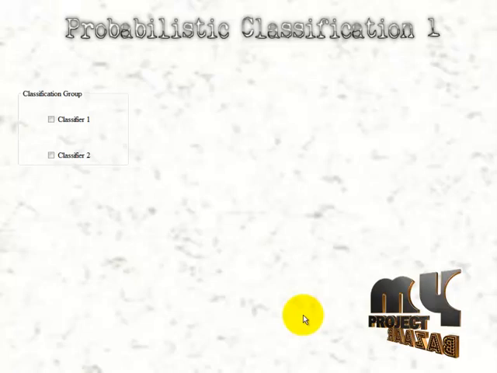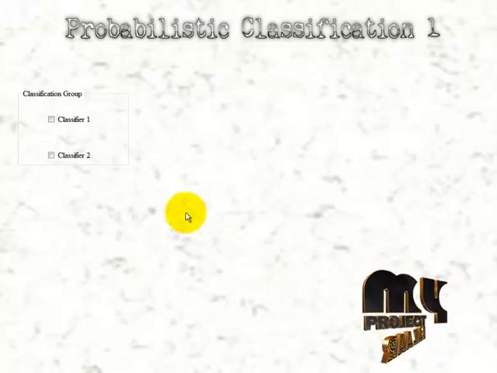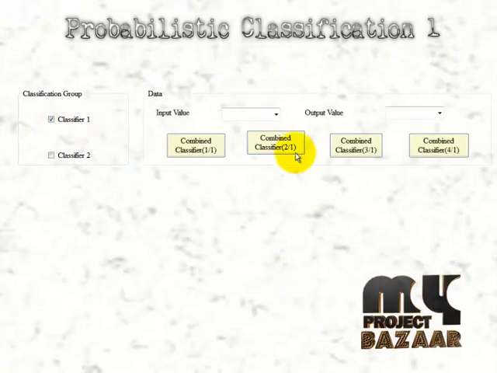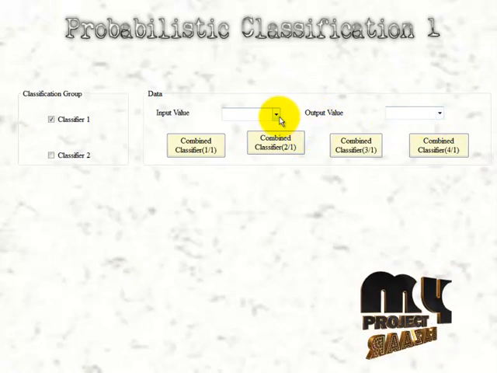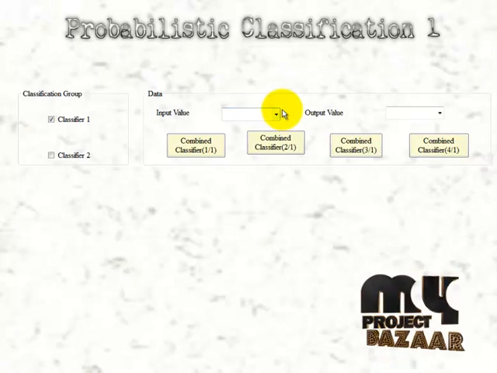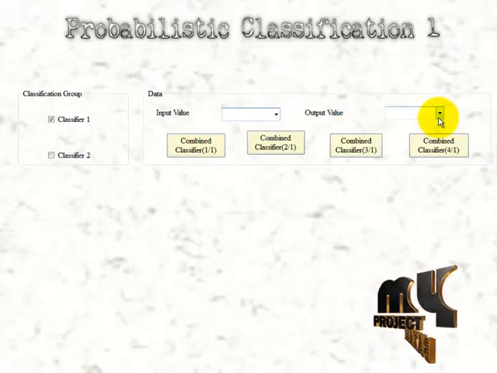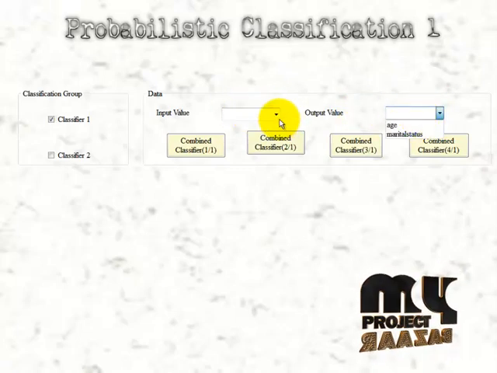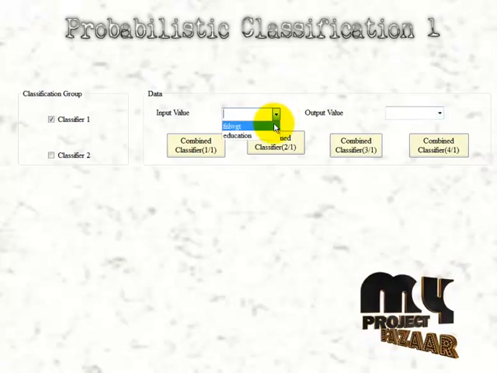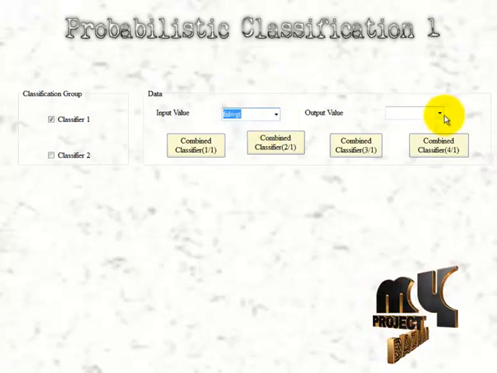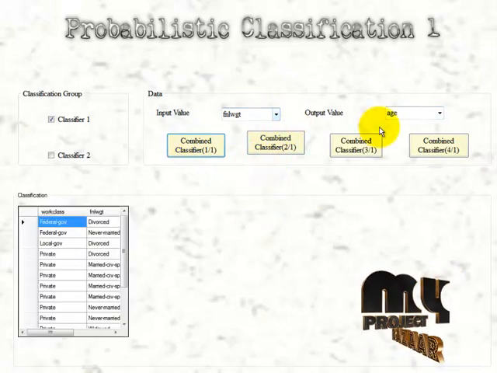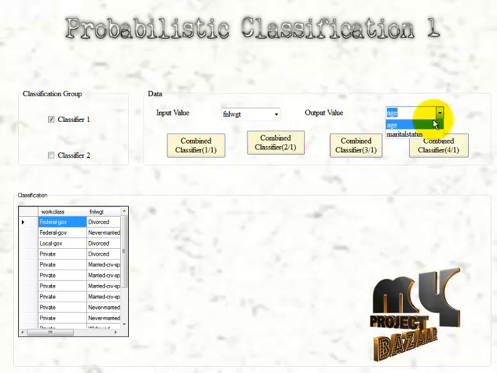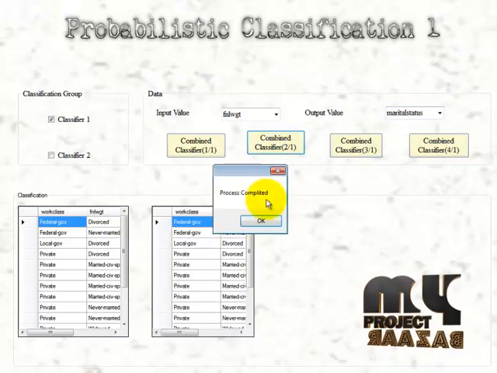The classification will be done with the help of probability. I'm just clicking on this button. Here I found values will be included. Actually, how the classifications will be done is in the form of input and output. The input values will be matched with the output value, that is the probability of final weight and the age will be designed here. And the same thing, the probability of final weight and the marital status will also be included.